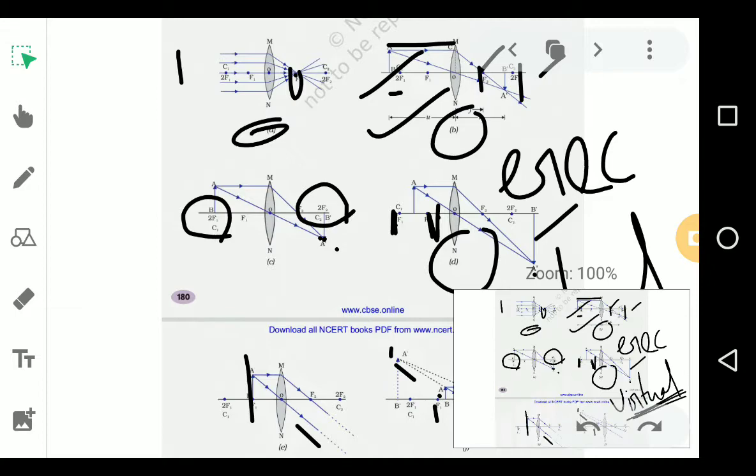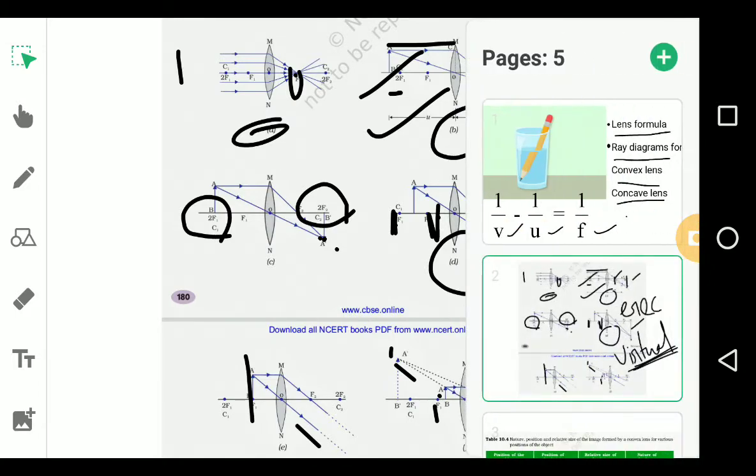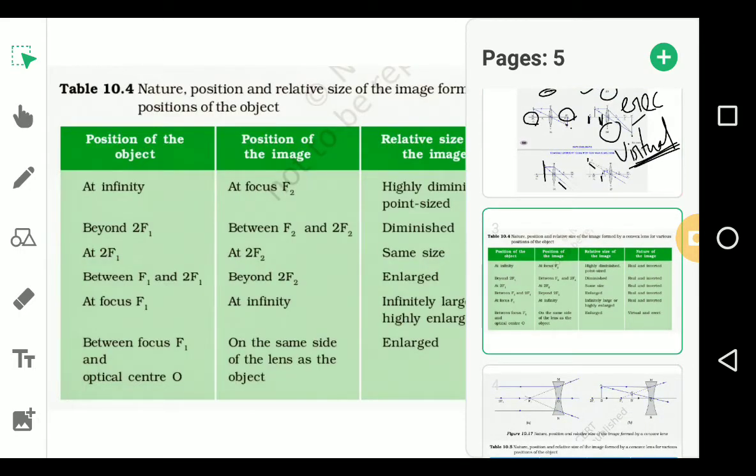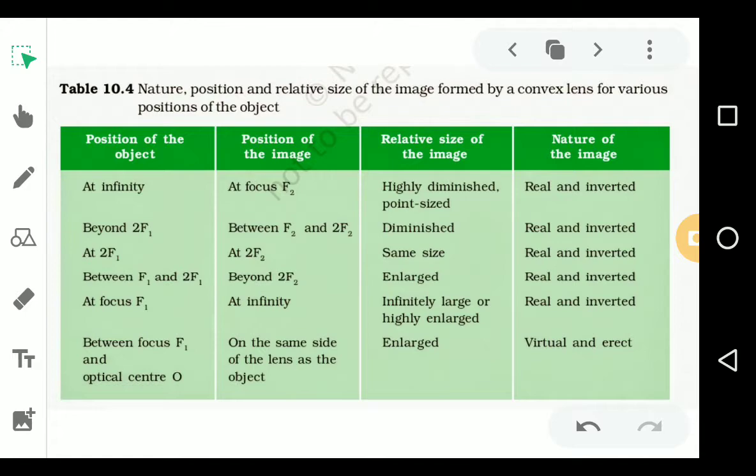So to remember all this, the object distance, image distance, kind of image, and the size of the image, that is all present in this table. So from this table you have to remember every position of the object and the image, and the nature of the image also, so that you will be able to solve the problems. It will be very easy to solve the problems when you remember all this